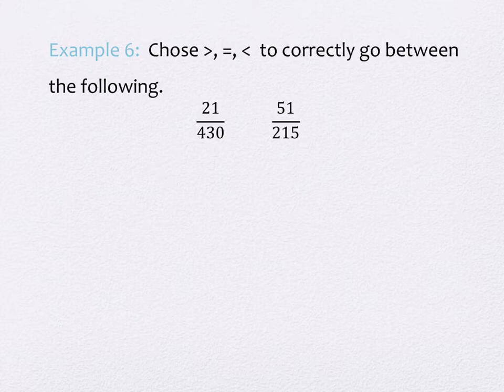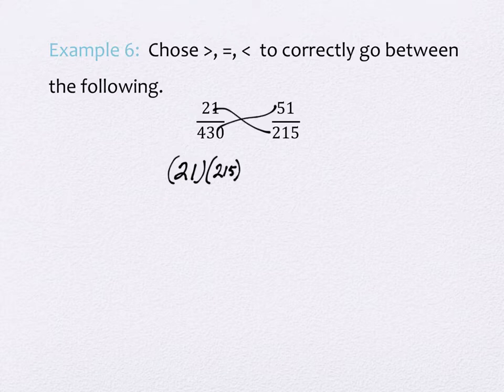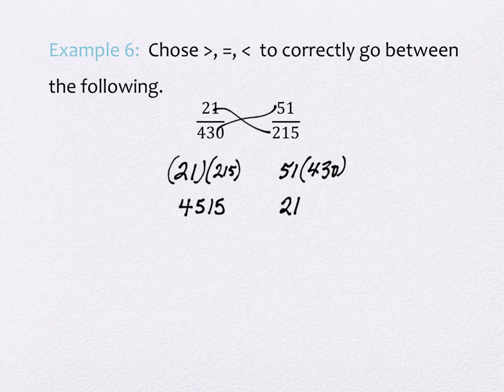I'd like to practice the other one that we just talked about, though, where we compare using our cross multiplication, okay? So we can compare by taking 21 times 215 and taking 51 times 430. So what is 21 times 215? 4,515. Mm-hmm. And what is 51 times 430? 21,930. Yes,